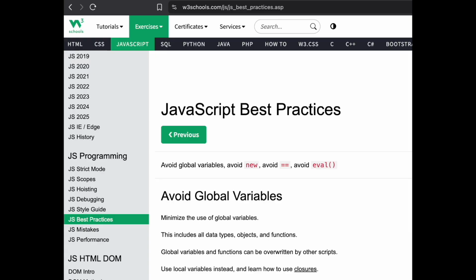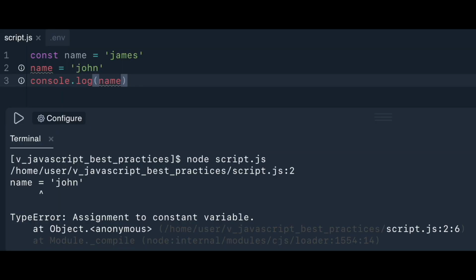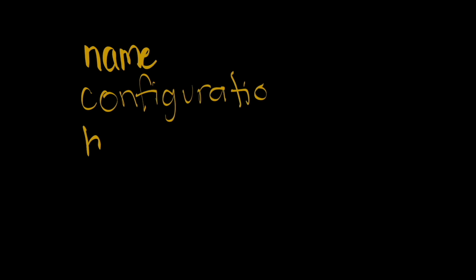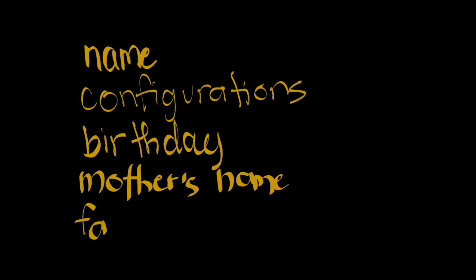Okay, so the first one is we need to know what const or let is, and you never use var. So var is an obsolete way of declaring variables. Okay, so const means no reassignment. If your data is not reassignable, you need to use const. Meaning once a variable is declared with const, you cannot reassign it, you cannot redeclare it, you cannot change the value. Okay, so it is best used for values that shouldn't change, like for example configurations, constants, name,